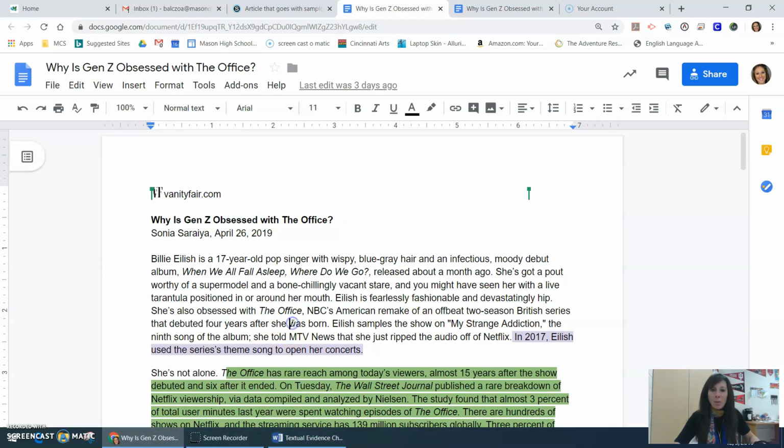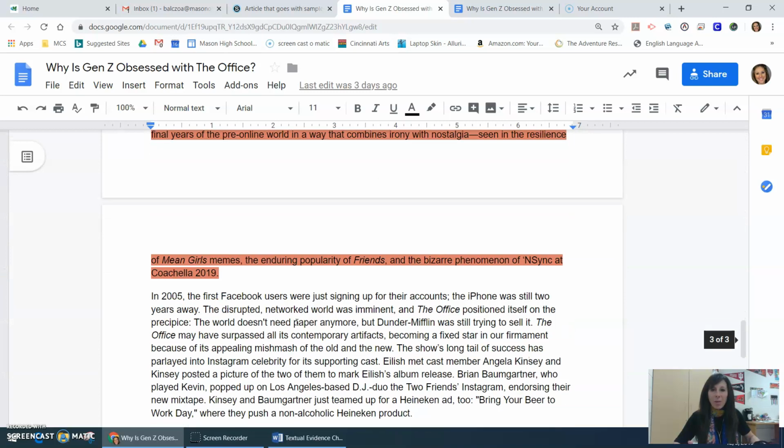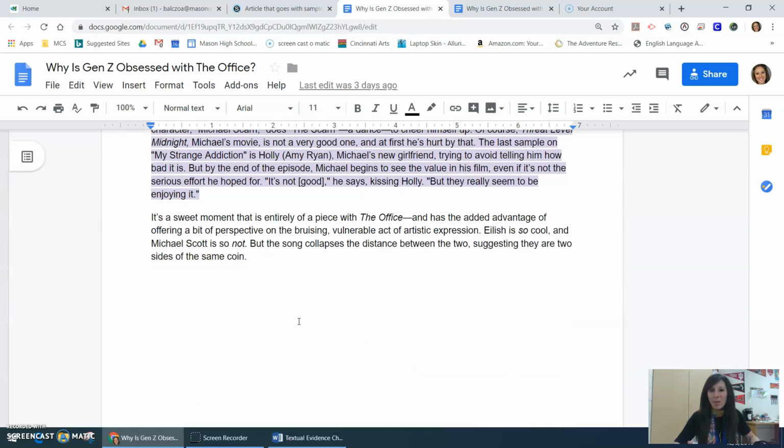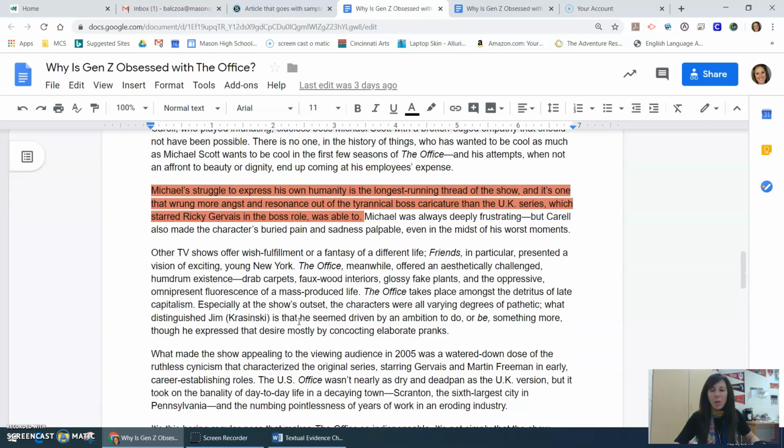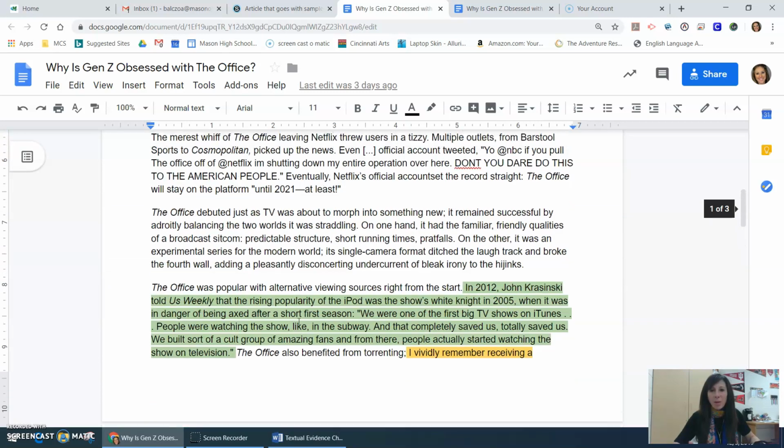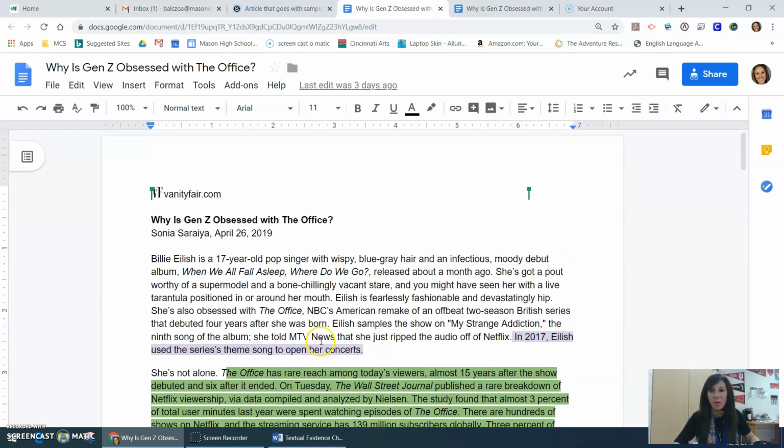So you can read it. It's not a really long article, but there you go. You see the whole thing. But notice that I've color coded some areas: purple, orange, purple, yellow, green, green, orange, purple. Those go with how I would organize notes if I'm the kind of person who doesn't want to take notes, which I am, but for some of you, you don't like to do that,